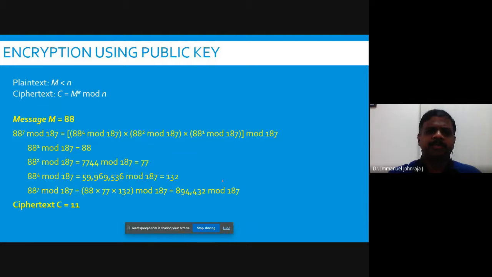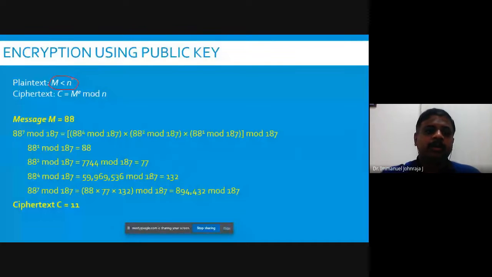The next step is encryption. How the encryption is happening, how the decryption is happening, and are they working properly? Now we have to choose the plain text. You should take the plain text as a block. For example, your original message is Welcome to Karunya. It is up to you to find the corresponding numeric value for each alphabet. You can convert each one into an equivalent decimal number or hexadecimal, but you will end up with some numbers for every alphabet. This number should be less than the value of n. That is how you should choose the block.